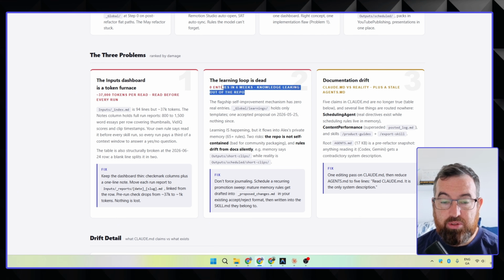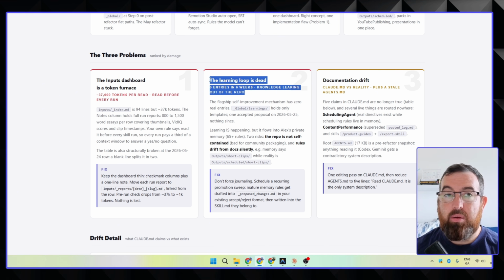The learning loop was a big one again, which was dead. I built this, but for whatever reason, I stepped away from it. I never came back to it. So what was happening, this wasn't growing, and all it was doing was based on memory. So what ends up happening with AI, with memory, is it forgets. Simple and straightforward. So if you need to build out a learning loop for this and get AI